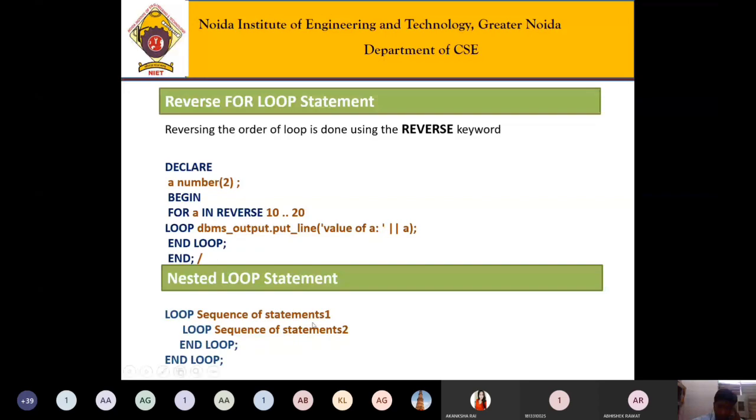If there are a number of loops in a program, every time we check at which level we want to close the loop, so we have to define this. The loop and end loop must be there so that the sequence of statements is repeated under that loop. We can use this with while, with the for loop, any loop. So a loop within a loop is called a nested loop statement.